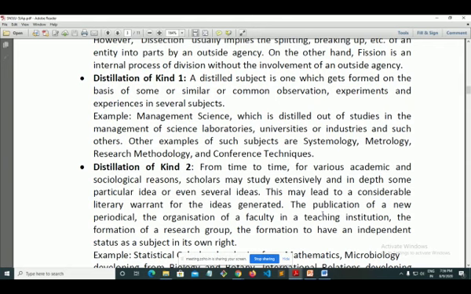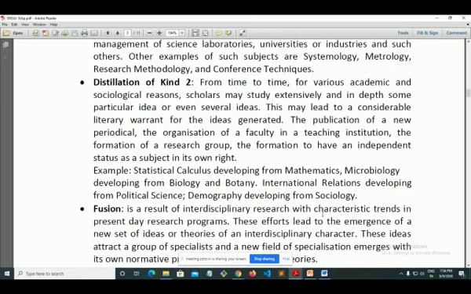The publication of a new periodical, the organization of a faculty in a teaching institution, or the formation of a research group leads the idea to have an independent status as a subject in its own right. For example, statistical calculus developing from mathematics, microbiology developing from biology and botany, international relations developing from political science, demography